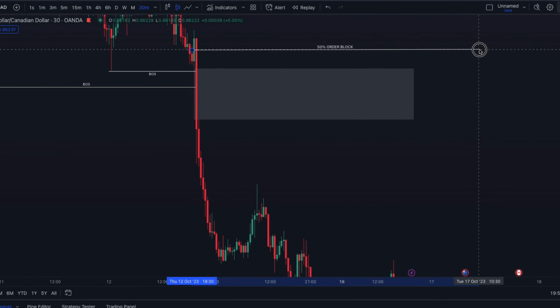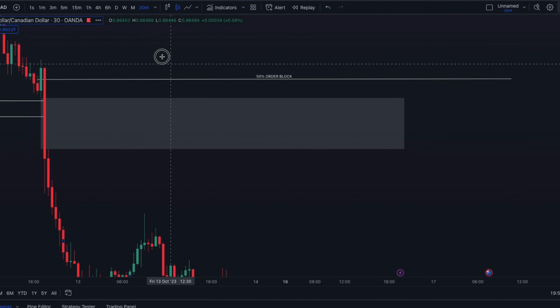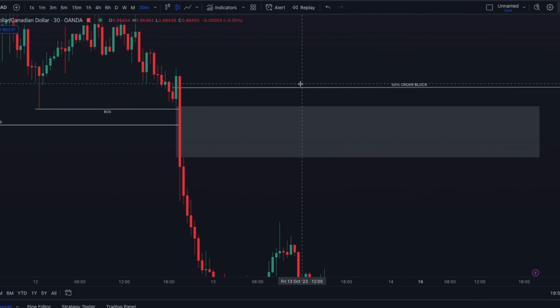Okay, so these are my areas of interest. This line, which is our 50% order block, I'm interested in that because banks and institutions will actually leave order blocks when they want to change direction. And the retailers aren't strong enough to affect the market to make it look like that. So I usually like to assume that it's the banks or the institutions, okay? So, what are we going to do now? Well, the first thing is, now that we have our points of interest here,